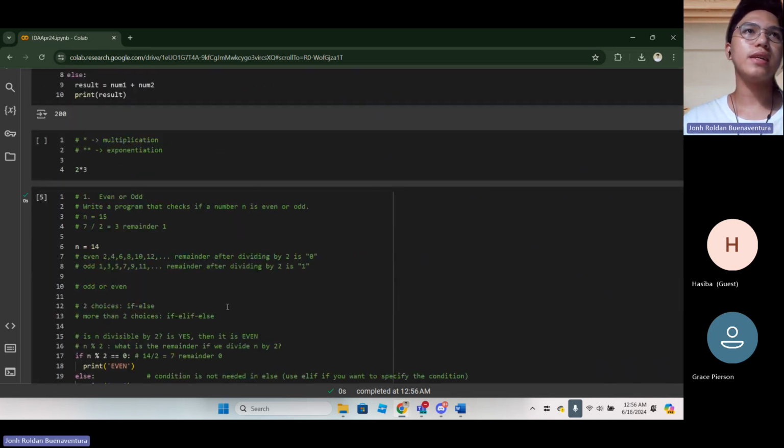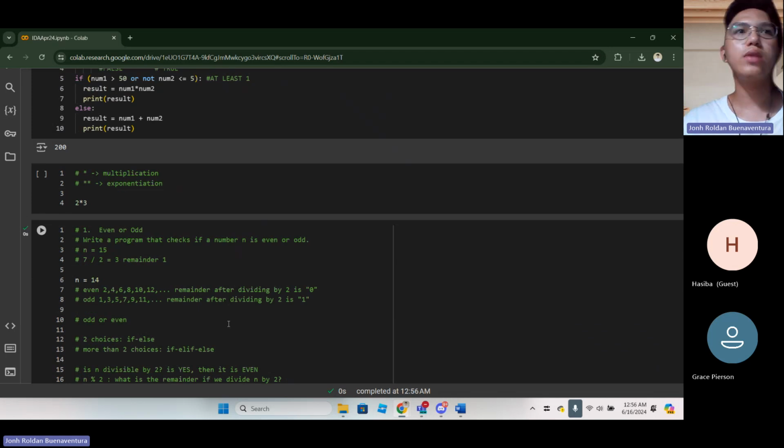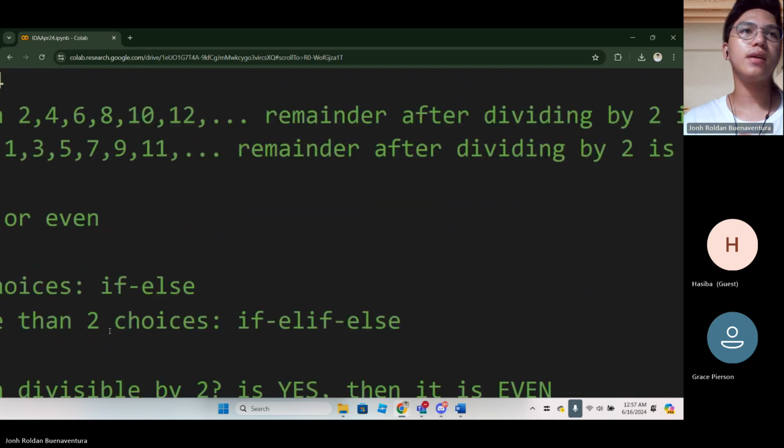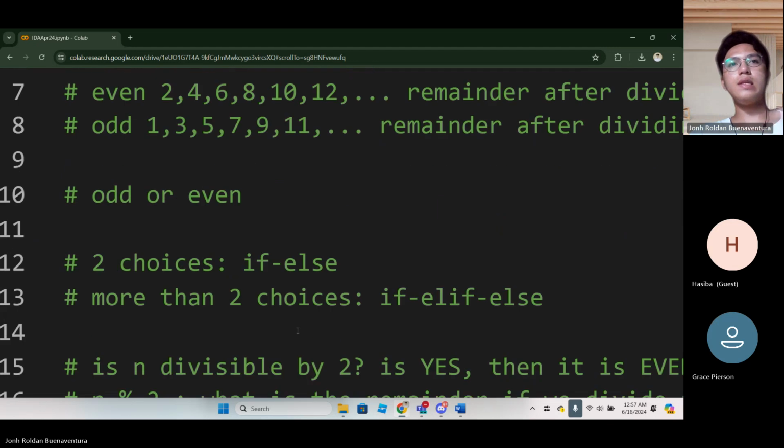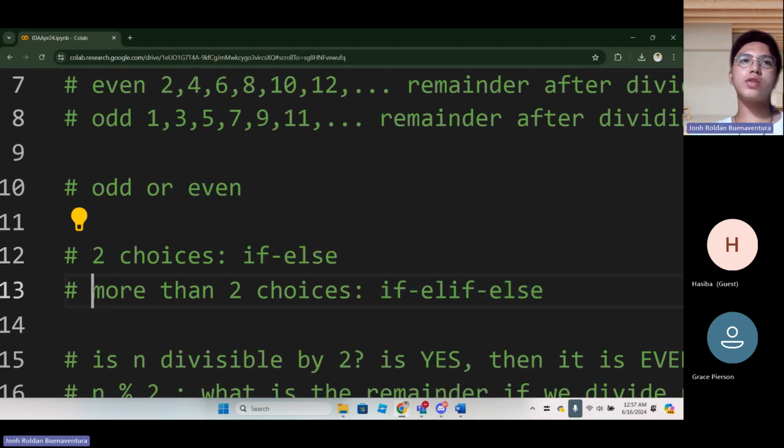Take note that if you have only two choices, the recommended structure is if else. But if you have more than two choices, the recommended structure is if, elif, else. In this part, you can add as many elif as you need.